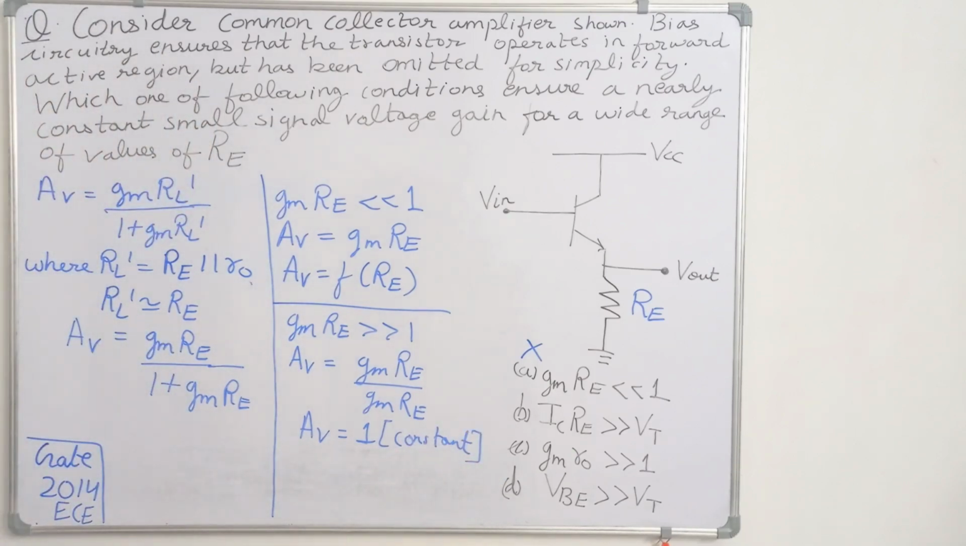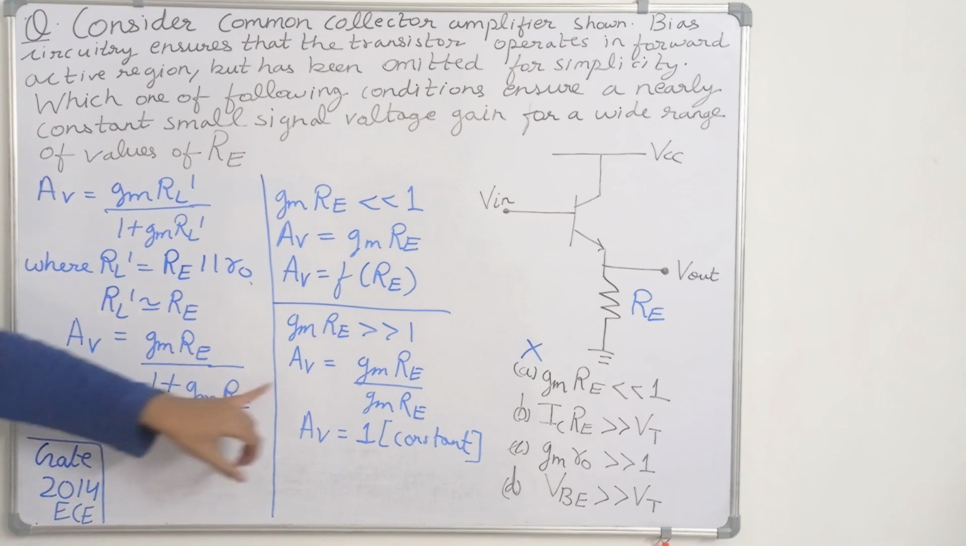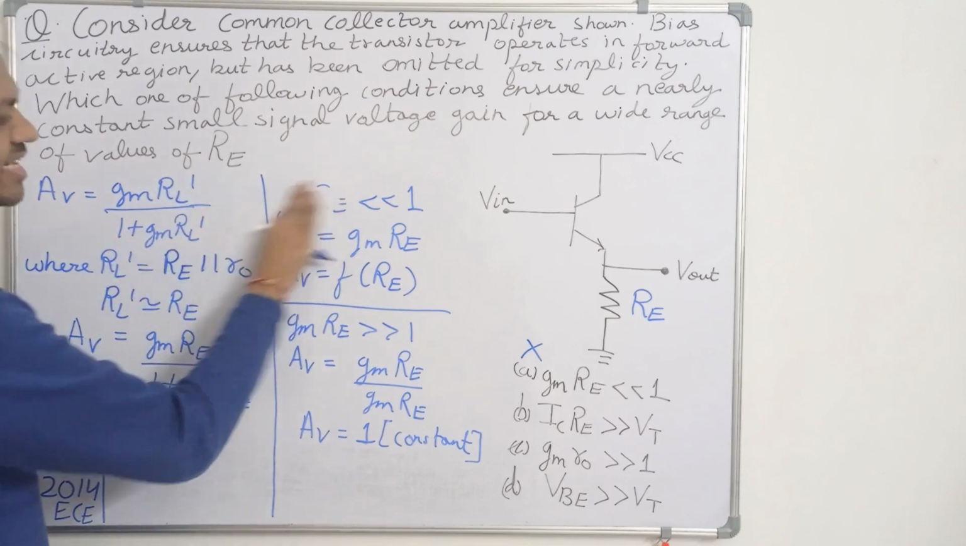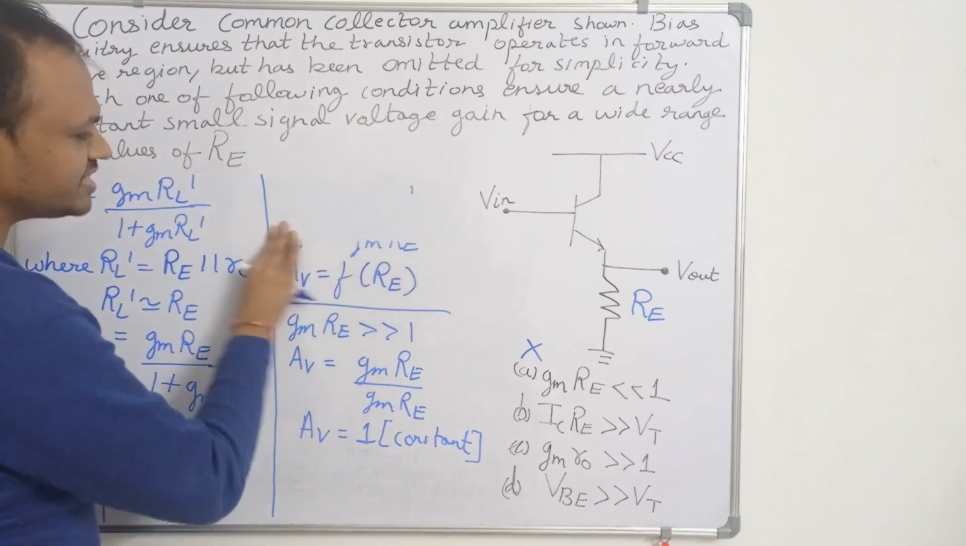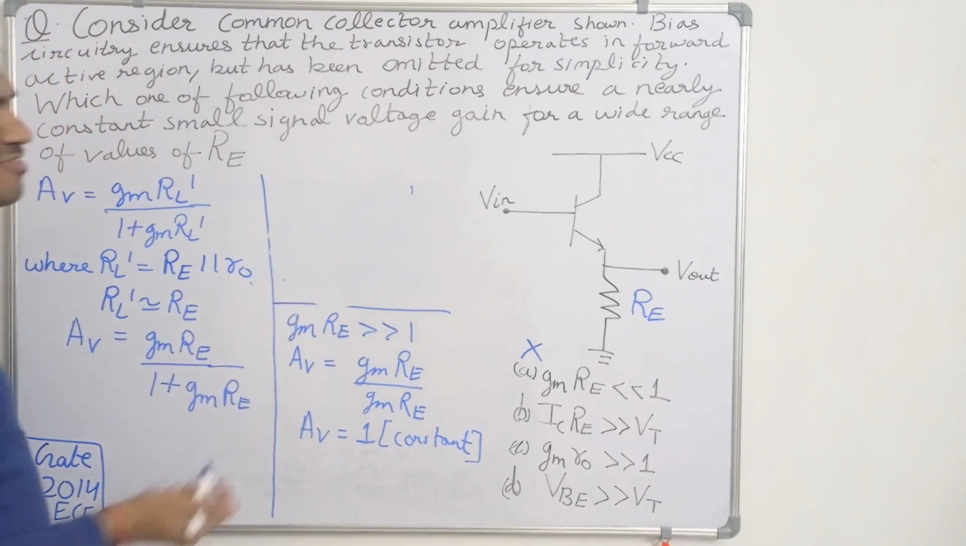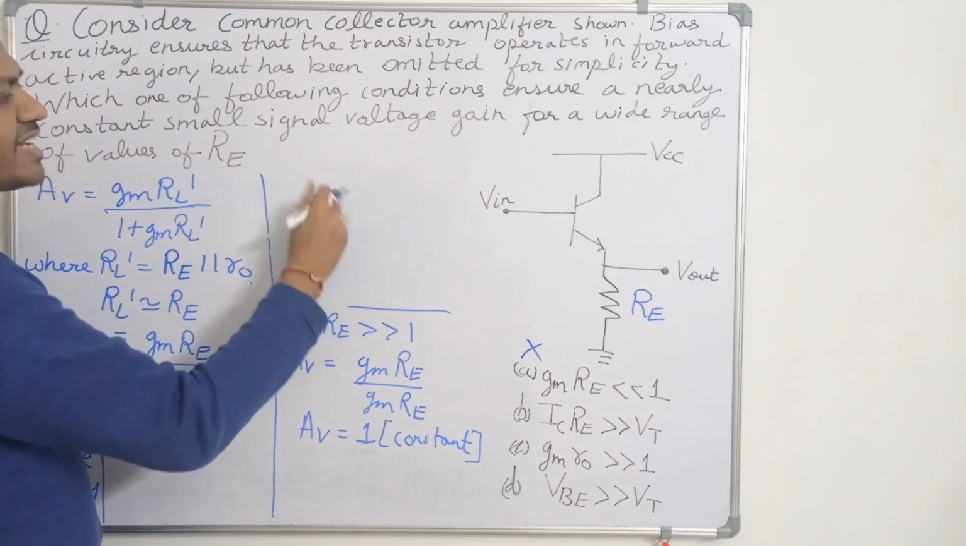So if gm Re is much greater than 1, then this 1 can be neglected. So AV will become equal to 1, which is constant. So this is the correct condition, and the other one is the wrong condition. gm Re cannot be very much less than 1. So the correct condition is that gm Re is much greater than 1, and gm is equal to IC upon